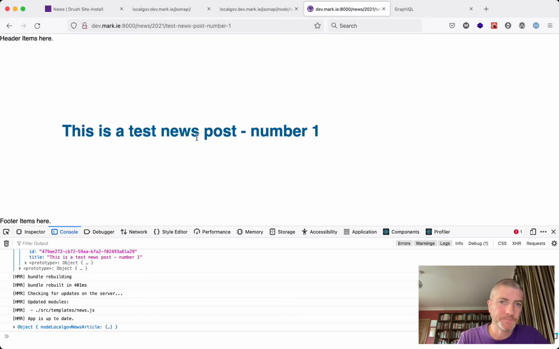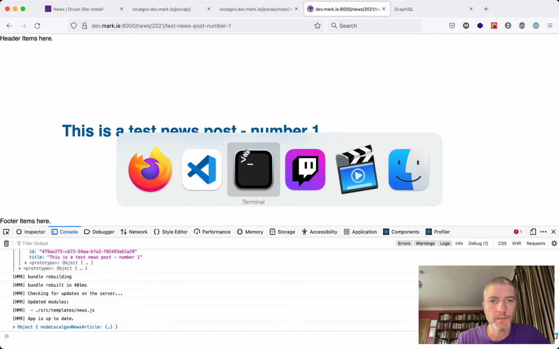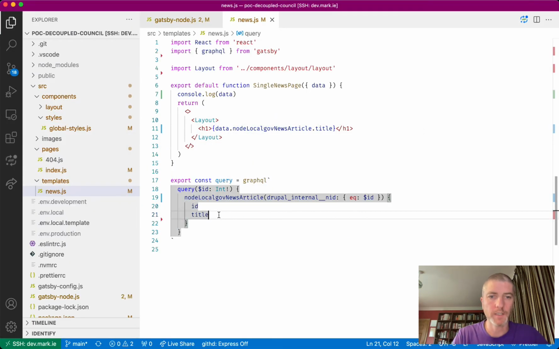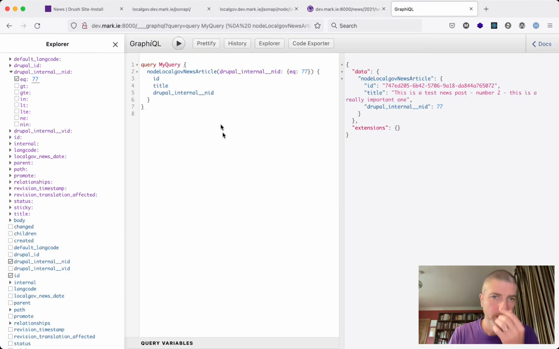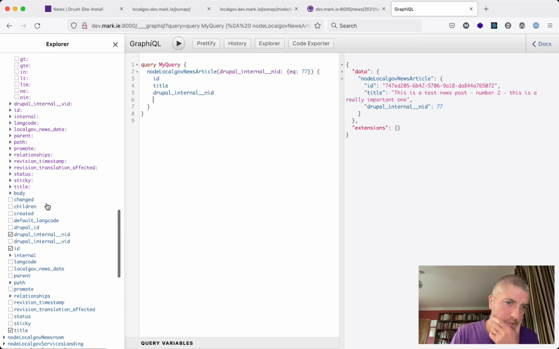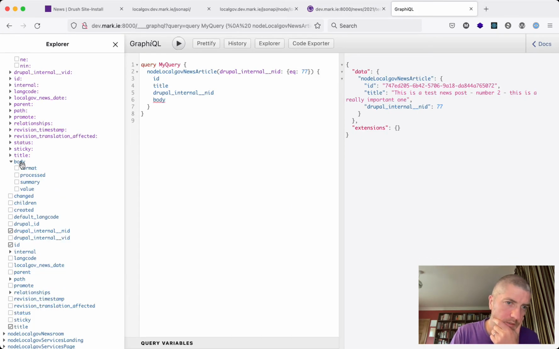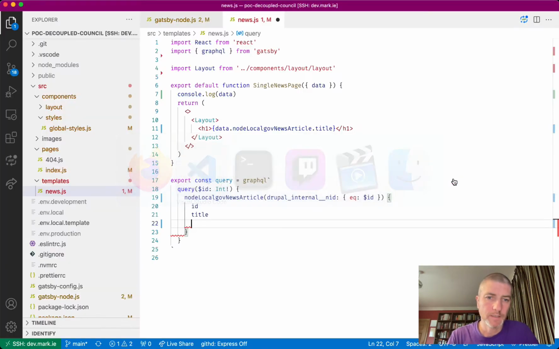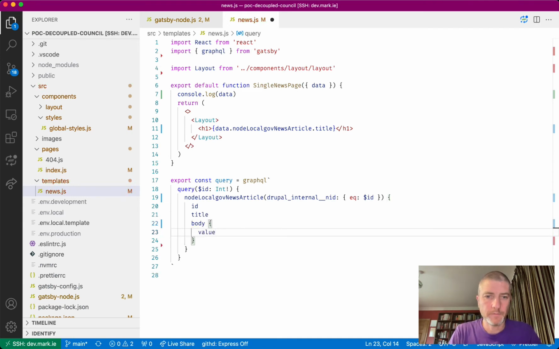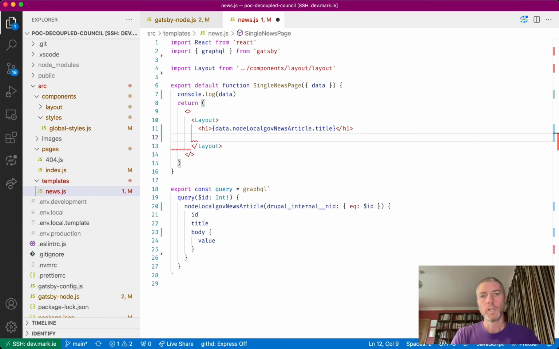Now that is the title in there. Let's also get the body in here as well. So we've got title in the GraphQL query. We need to get body, and then we need to get the value of the body. So that's that one there, I think. Yep. So let's put in body value for GraphQL, and then here we need to